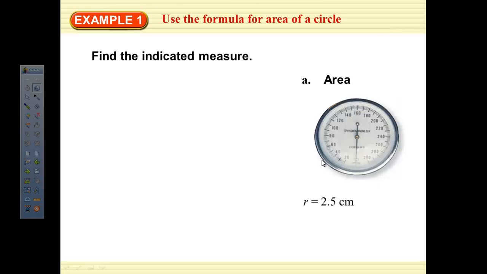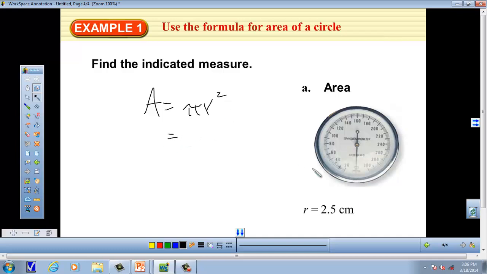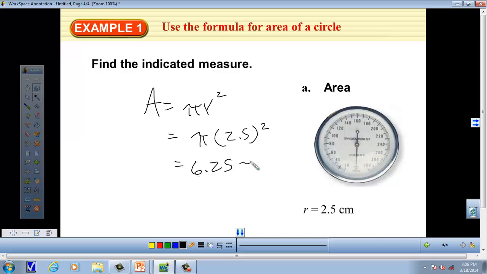Okay, this first problem, we're finding the area of a circle, and they give us the radius, so all we have to do is use the formula, which is area equals pi r squared. We know the radius is 2.5, so we'd say pi times 2.5 squared. 2.5 squared is 6.25, so if we simplify, we get 6.25 pi, and